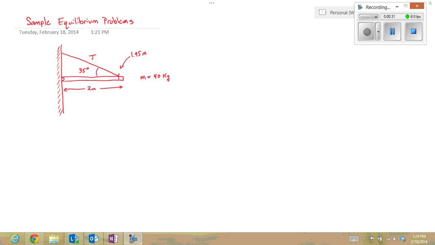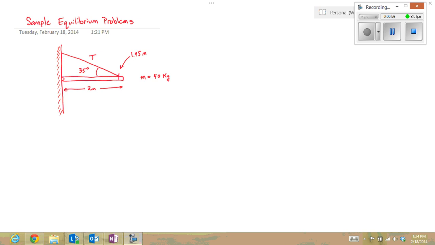So what we want to know is what's the tension in the cable? Like, how strong of a cable do we need? And what are the forces acting at this pin, this hinge pin, so we can know how big of a diameter bolt we need to put in that hinge. So this would be a typical thing where you use equilibrium to find quantities like the physical forces involved